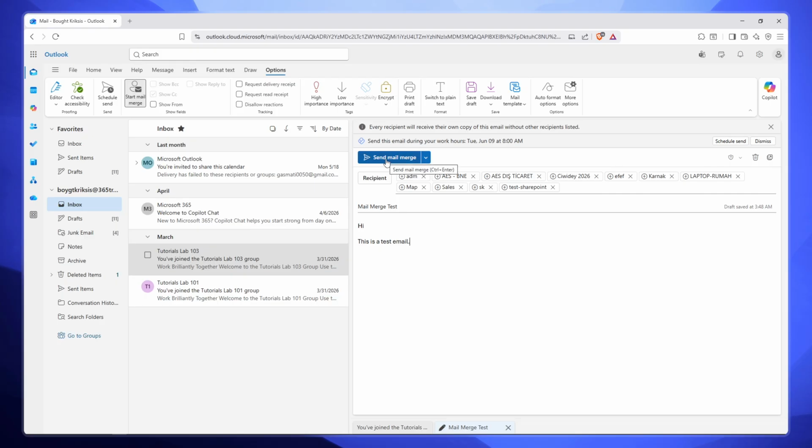And there you have it. You've successfully set up and sent bulk emails in Outlook using mail merge, allowing you to reach multiple contacts efficiently while maintaining that